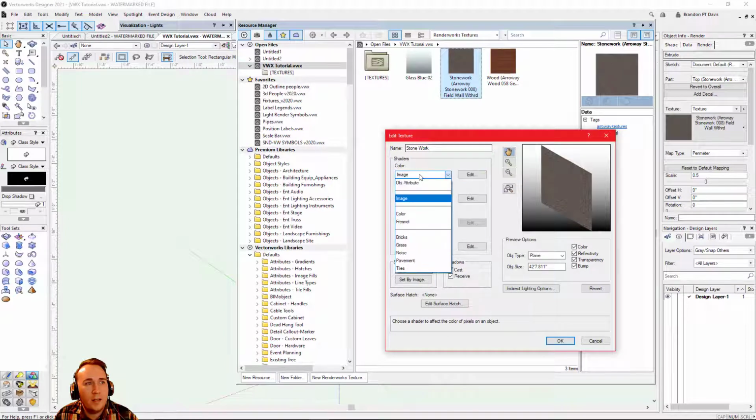In the drop down, I can also affect the color in Fresnel, or you can build your own color shaders natively in Vectorworks. The reflectivity essentially affects how light hits the object. We're going to keep it with the reflectivity of the image for now. And then transparency is how transparent the object is, which for stone it's not very transparent at all. And the image bump